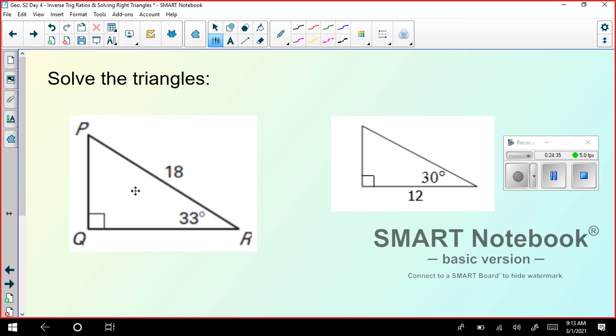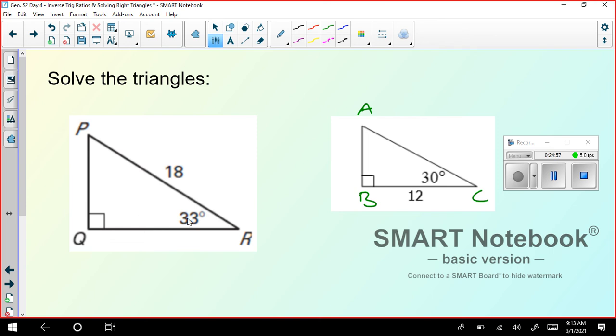Solve the triangle, they are saying. I'll do the first one, then I'll give you a chance to work on the second one. I will label the second one also for you so that you don't get confused. So if I call this triangle ABC, you are going to work on the second, I'll work on the first. First, let me get the missing sides. I can get the missing angle very easily.